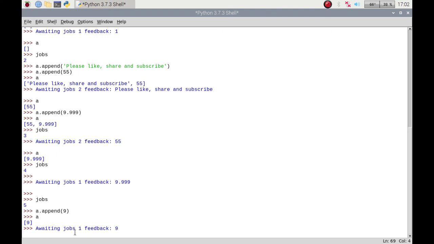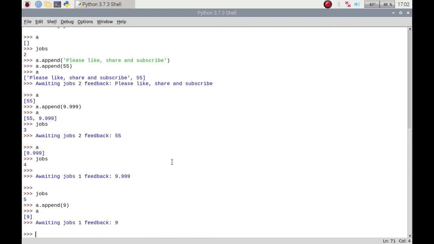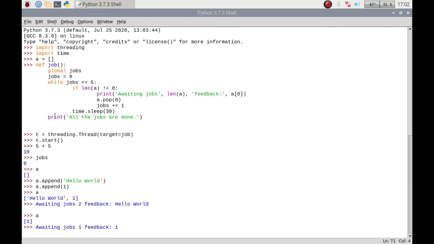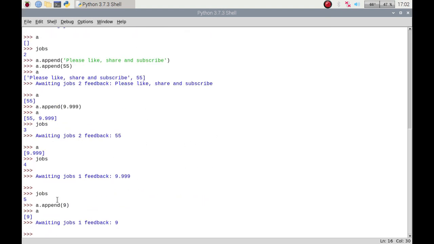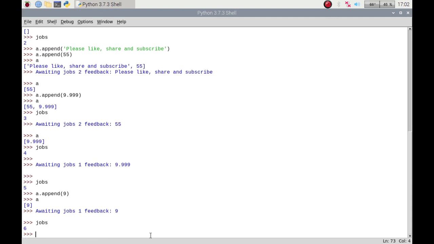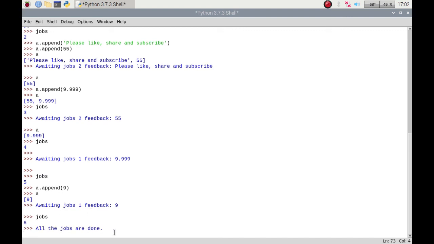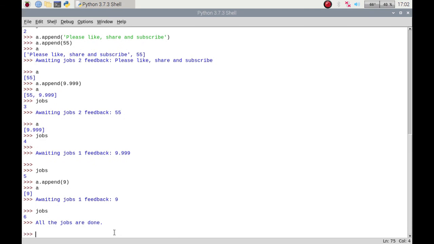A's still got some in there, which is now done, and then after 30 seconds it should print to screen, all the jobs are done, because now the jobs number is 6. It should be about 30 seconds from then. So there you go, that is a way that you can use the threading library to have jobs running